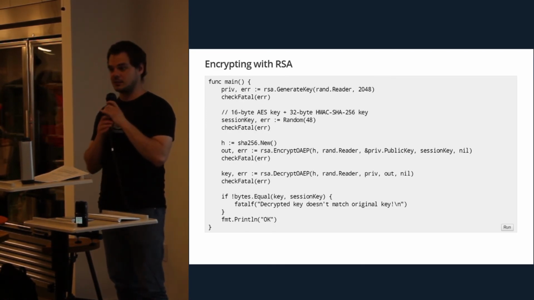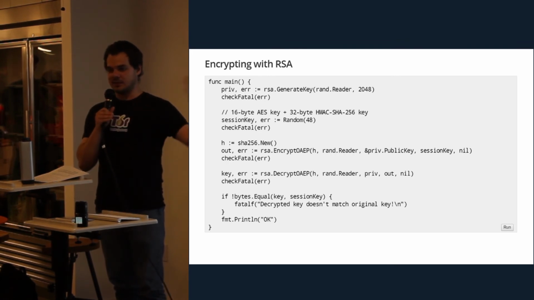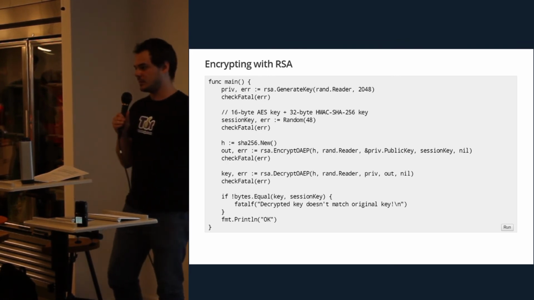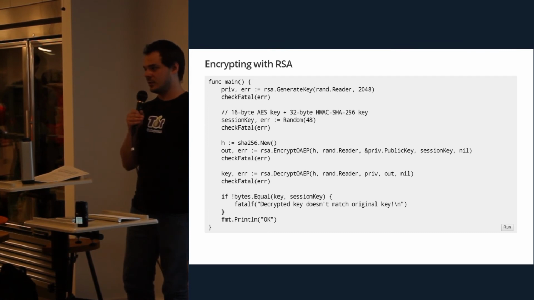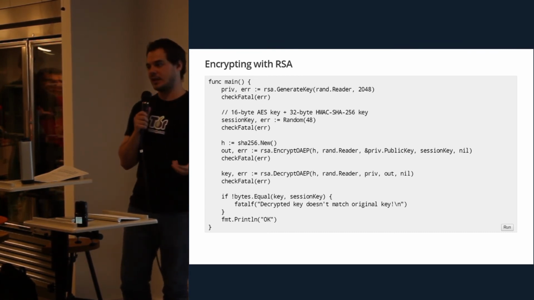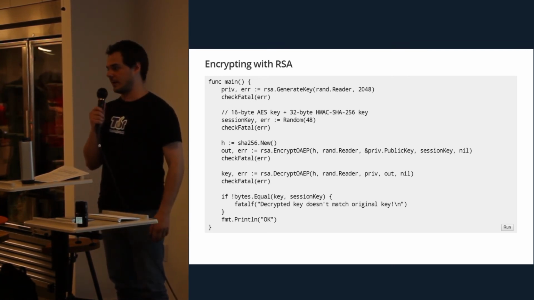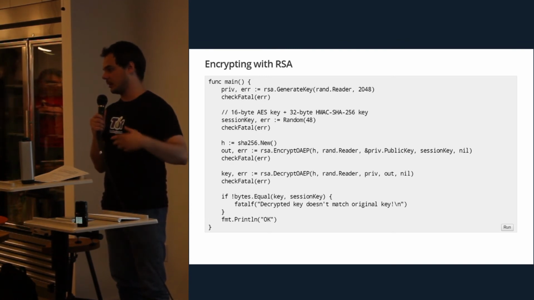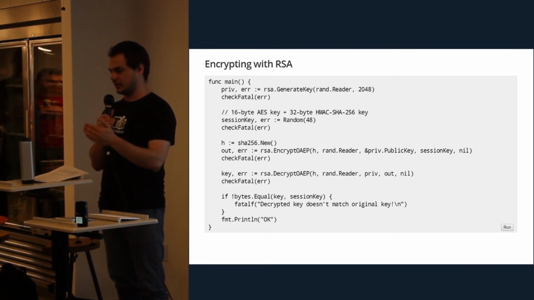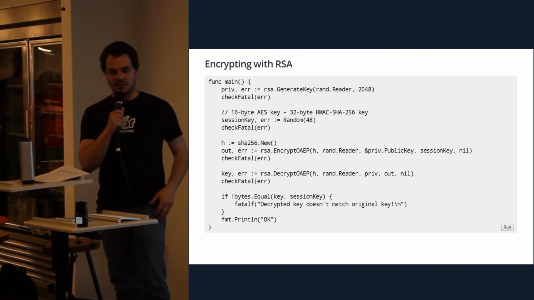Encrypting with RSA doesn't work like most people think it does. You normally think that I can have a message, like maybe an email, a big long message, and I just pass it to RSA and it encrypts it. RSA actually is limited, if you're using it right, as to how much it can encrypt. It's on the order of 300 bytes. So this is what I was talking about earlier: we agree on a shared key and encrypt that with RSA, and then we switch to that when we want to start sending messages back and forth.